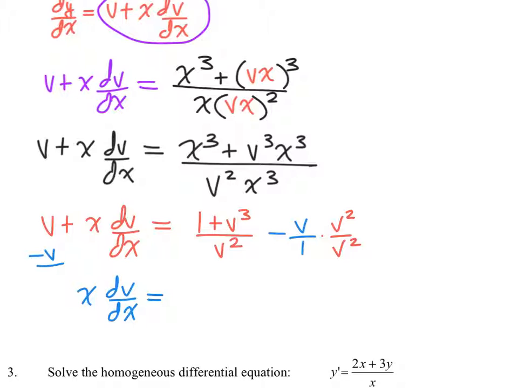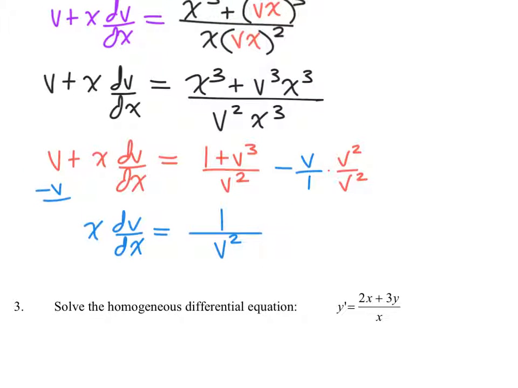And what do I get? Cancels, yeah. So I have v squared on the bottom. I have a 1 on the top. And so my differential equation in differential form would be v squared dv equals x dx, which you could then integrate much, much